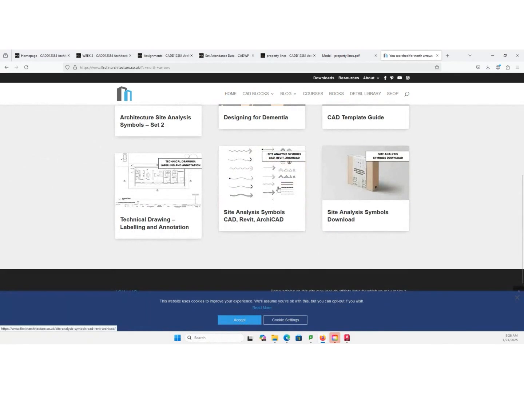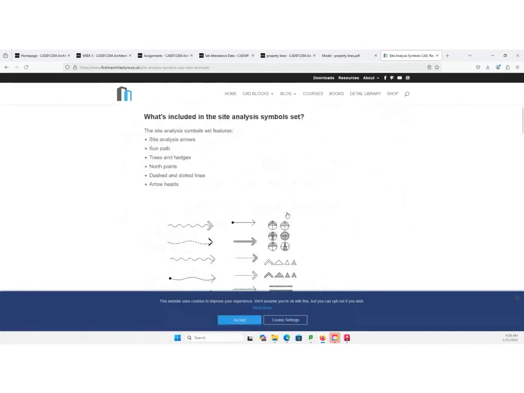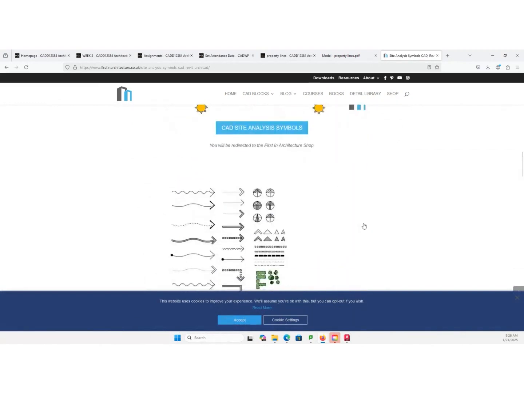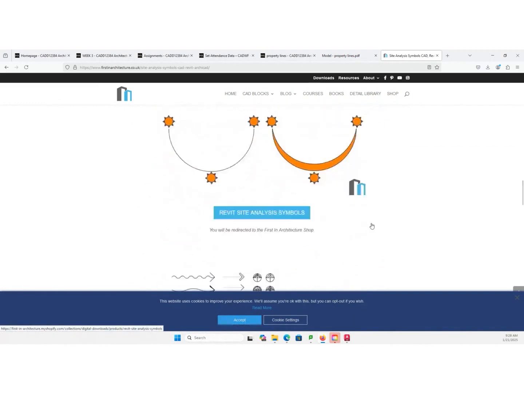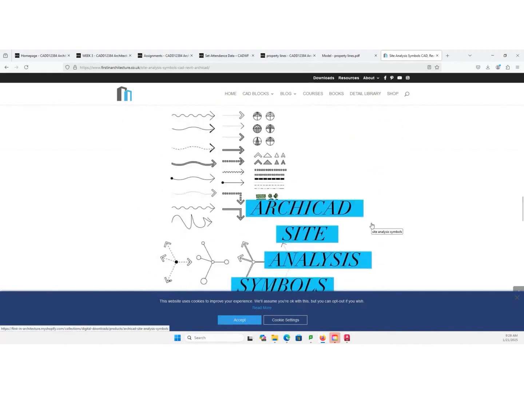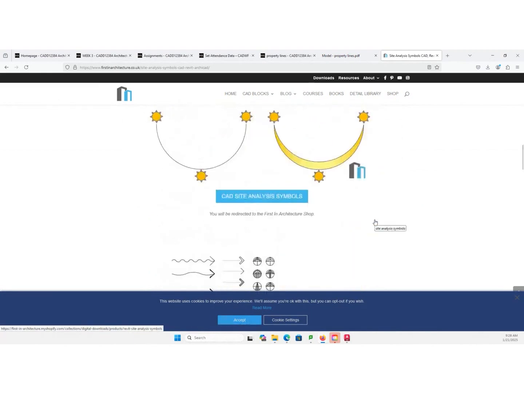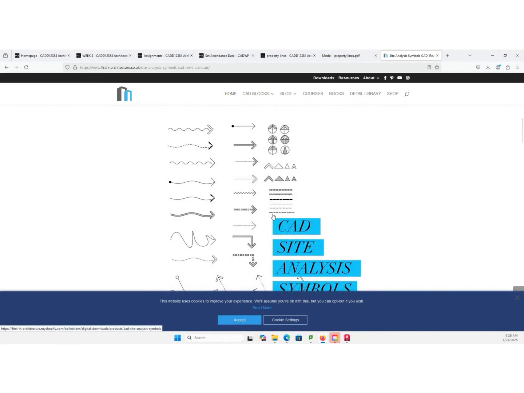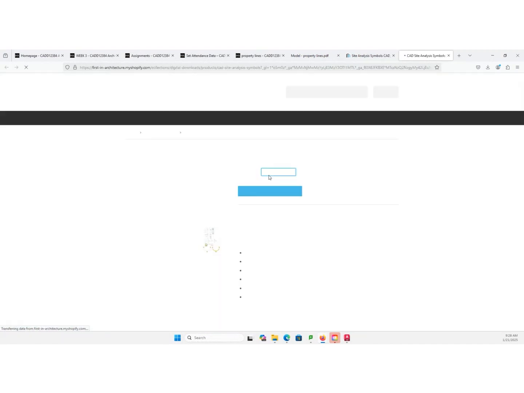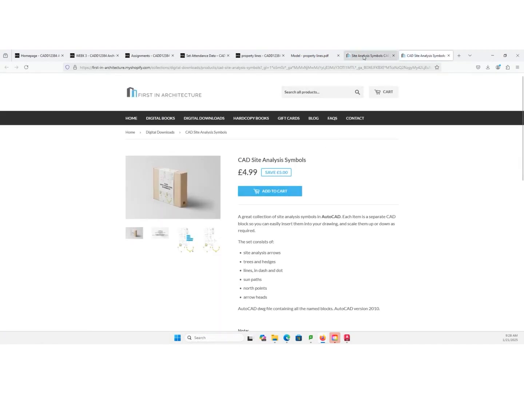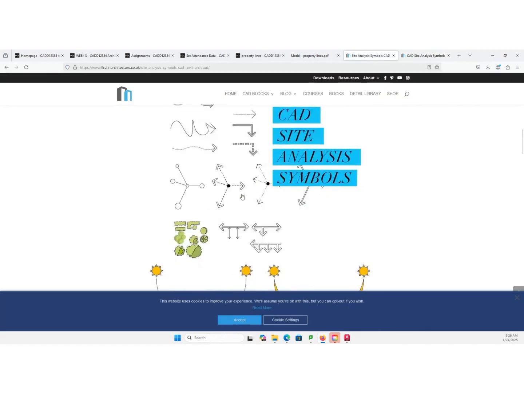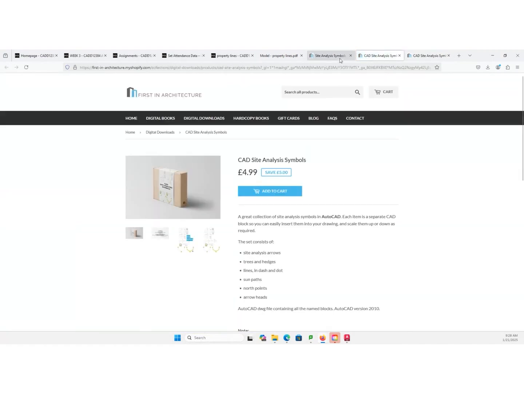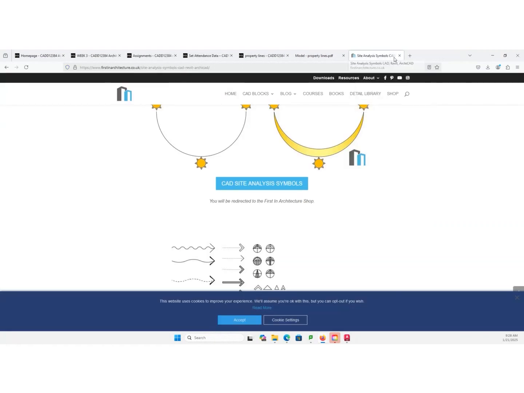You can click that, and there are site symbols here. Let's see, can we click this? They want us to pay. How about this one here? Yep, that's for pay.